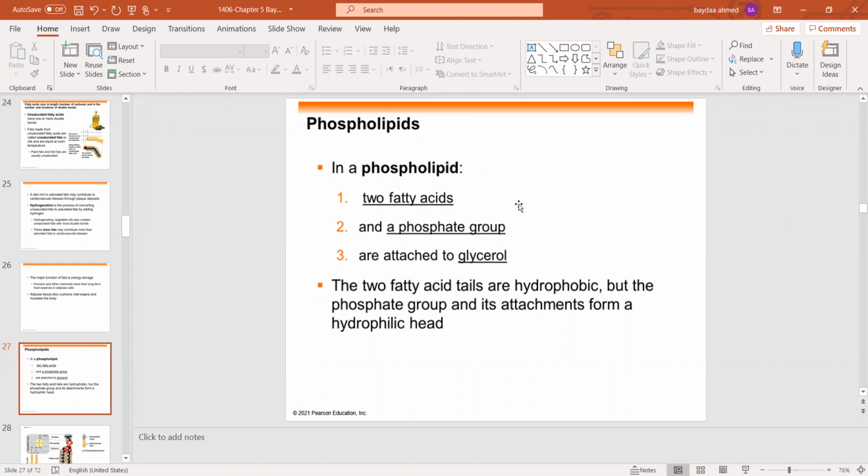A phospholipid is similar to a fat molecule, but it has only two fatty acids attached to glycerol rather than three. The third hydroxyl group of glycerol is joined to